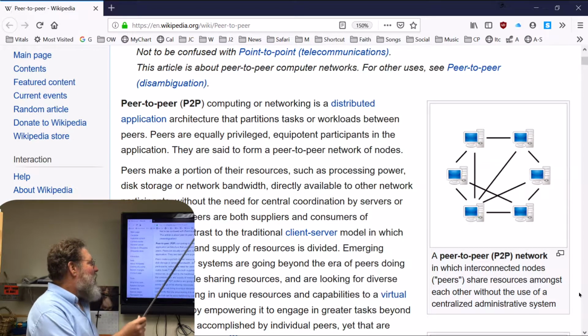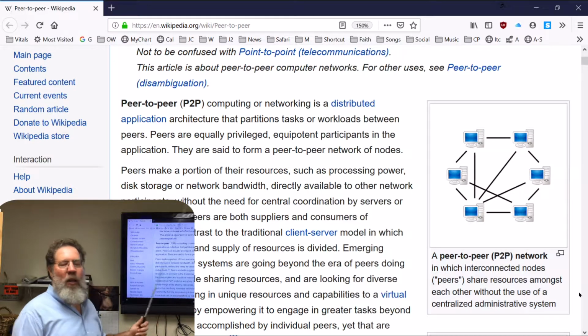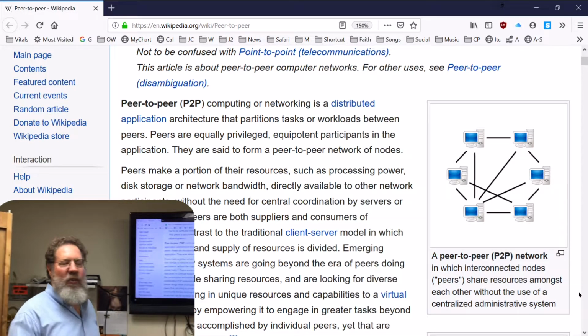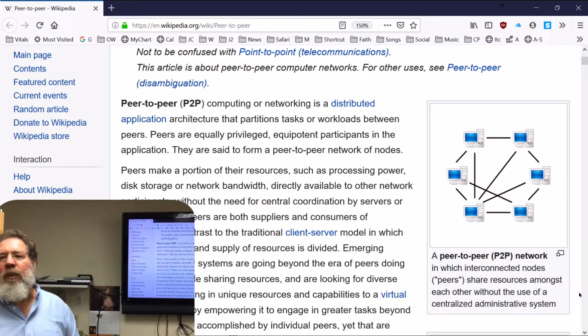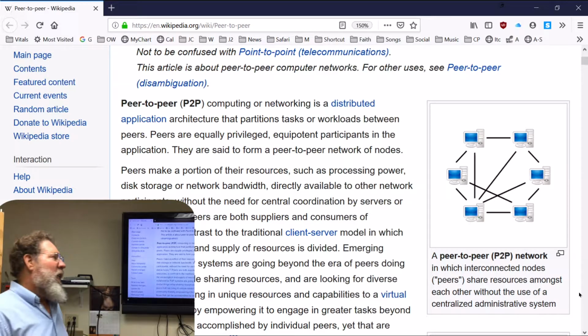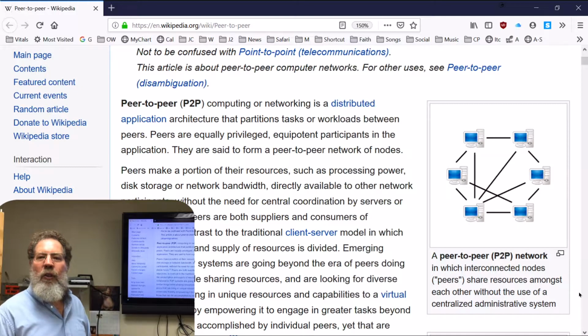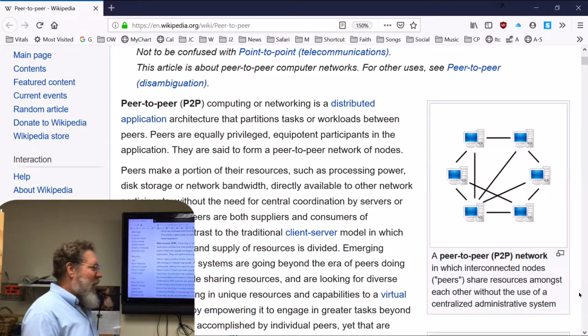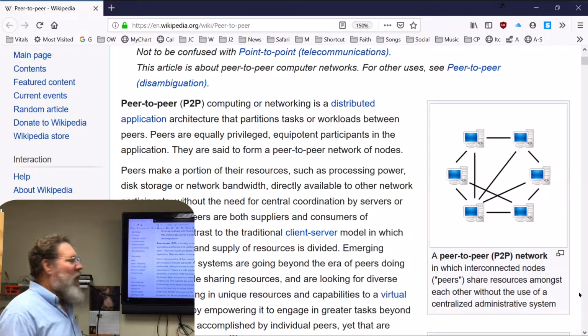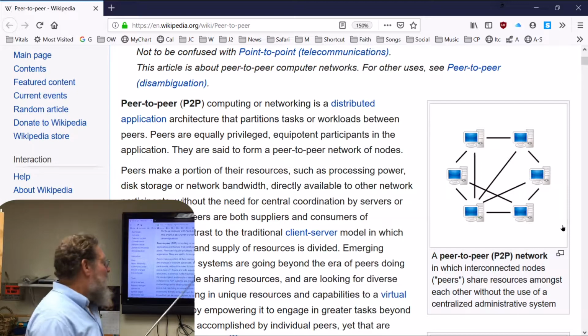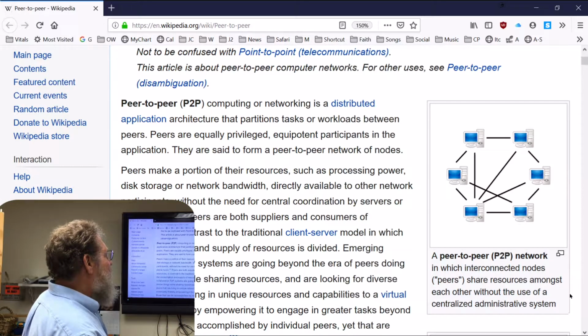So a peer-to-peer network is basically a small network with very few rules and a lot of flexibility. Okay, so you'll find a lot of small offices will have peer-to-peer networks and share resources. Okay, and that's usually what is called a LAN or local area network, and they're not real complicated, although